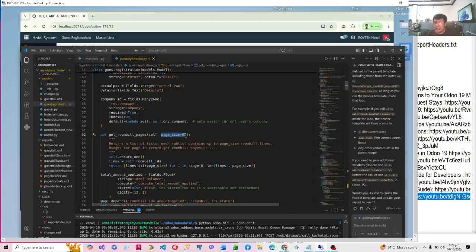This will be included in the GitHub project, which I will expose in the link below. So this is actually a very simple function. It returns the lines according to the page size that is set as a parameter of the report, and that's it. You're able to configure your Python or your Odoo to return room bills in page sizes of 65. This is not used by the list view. The list view has its own limit. This will be used by our report. So that is pagination. Now let's go to our report.